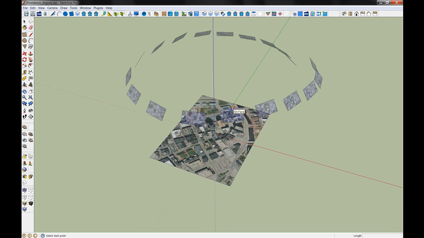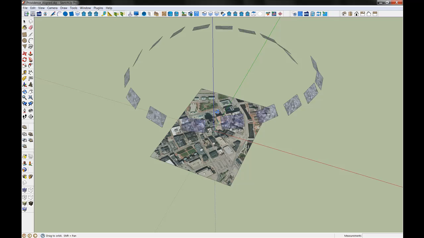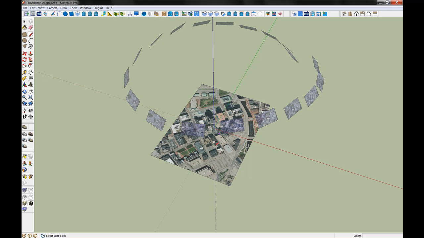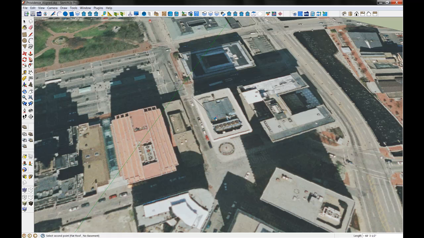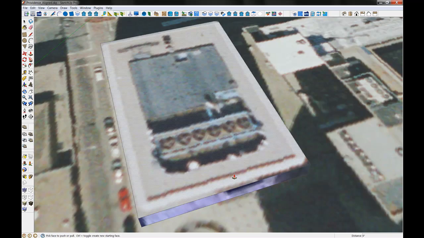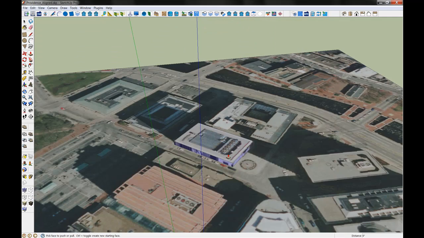In this case, video frames are captured using a consumer-grade video camera flying in a small aircraft around a city block in Providence, Rhode Island. We can use the GeoSketch rectangle tool and digitize a rectangular footprint. And when we complete the footprint, GeoSketch will automatically extrude and texture the walls, which are extruded to a default